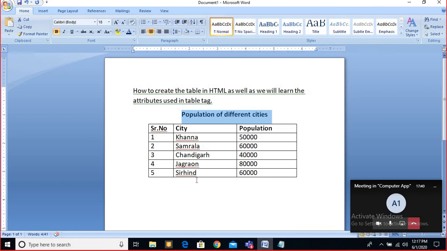Beta, one thing I want to tell you: whenever you want to create a table in HTML, we will always create it row-wise. Means when you create your table, the first whole row will be created, then the whole next row will be created, then the next and so on. Meaning in HTML, whenever a table is made, it will always be made row-wise. One whole row will be ready, then the second row will be ready, then when they merge together, you see that it's in tabular form.